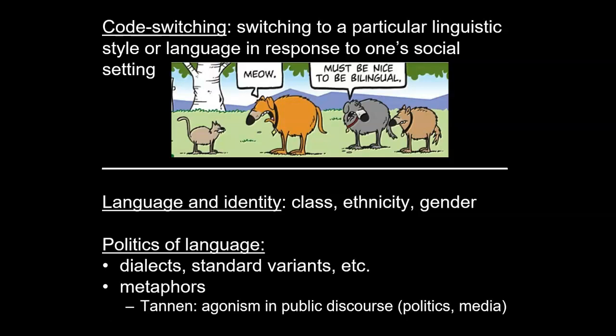dialect. Another way in which language is political is in terms of some of the turns of phrase that we use, or the metaphors, right? That is the images that we use as a common part of our communication. And this goes directly to the other reading you did for this week, the reading by Tannen, who is a very interesting linguist who has done a lot of work on exactly all the stuff on this slide, right? Like how social context and language are related to one another, okay?